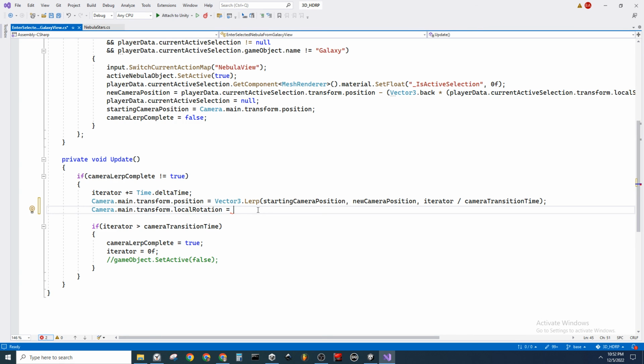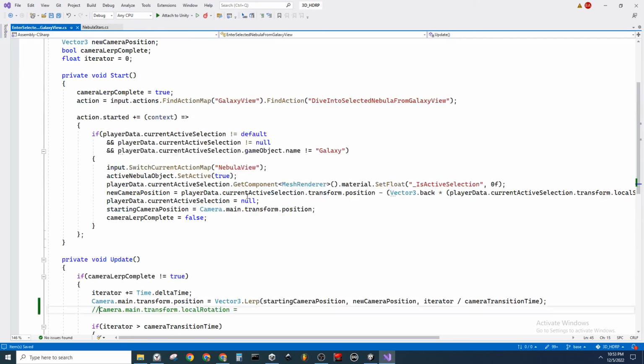Alright, well, in the next video I'm going to set up this local rotation to update using, it looks like a quaternion of some kind. And that is going to start to rotate the camera straight down up to a value,